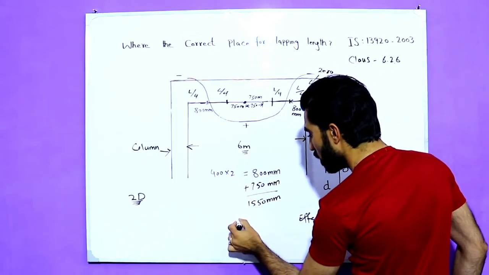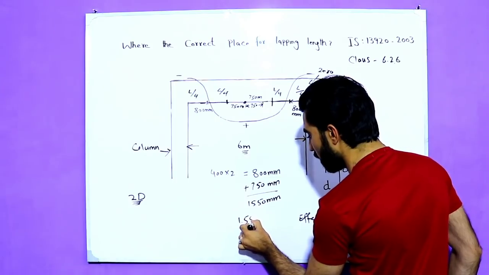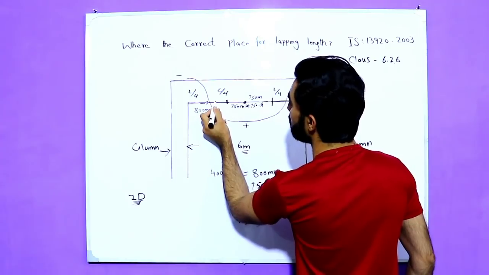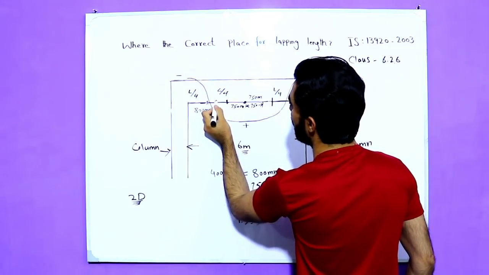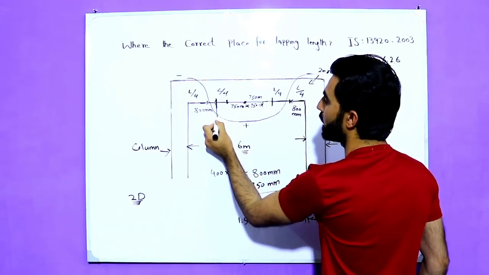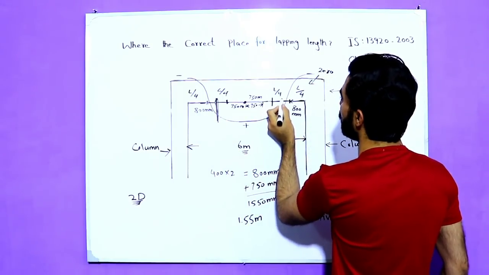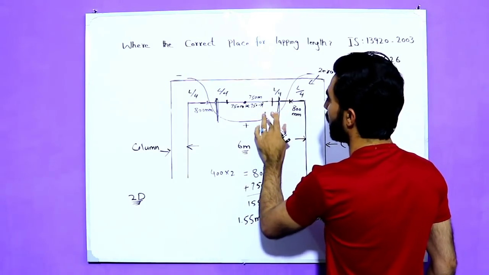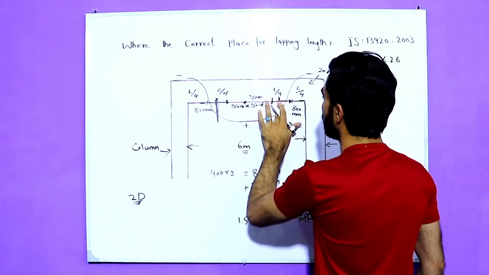Okay, means 1.55 meters. So after 1.55 meters we are able to provide lapping length. For example, here we can provide lapping length, and also here we can provide lapping length. Okay, sorry, at this point,